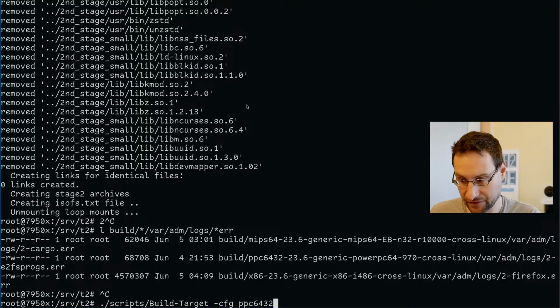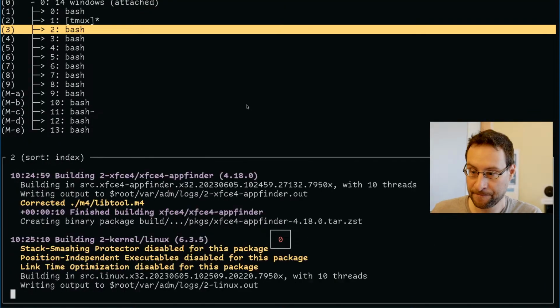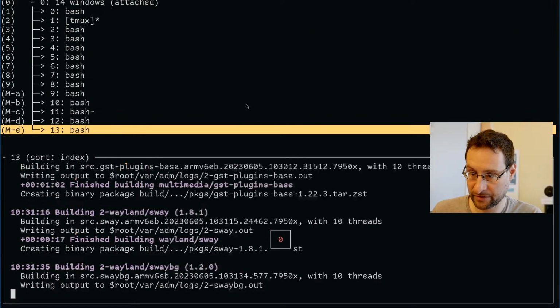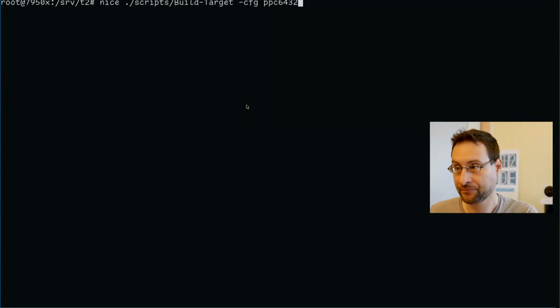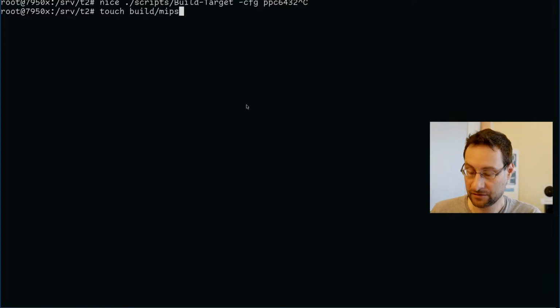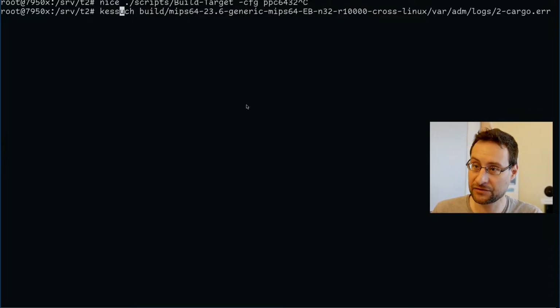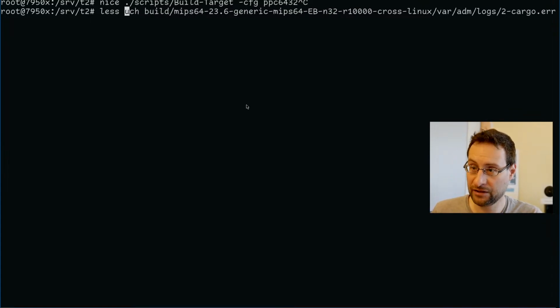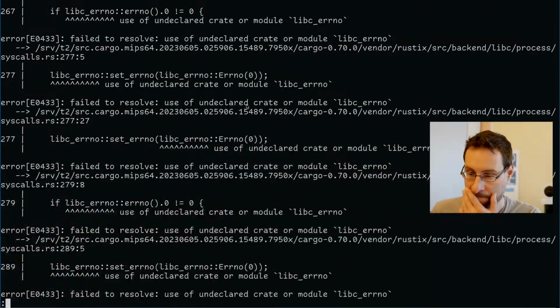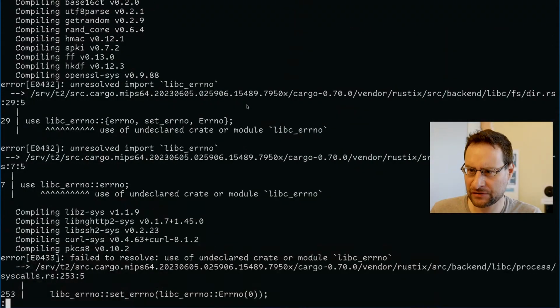MIPS64 is cargo. Of course it's cargo. Then I can turn back to earn money. What was it? MIPS64. It's not like I need cargo on the SGI Octane anytime soon. I mean, for the fun of it, let's check what the breakage is. I believe we should have Rust. Yeah, we have Rust. It starts to build, unresolved libc error now. So it's probably relatively easy to fix, but